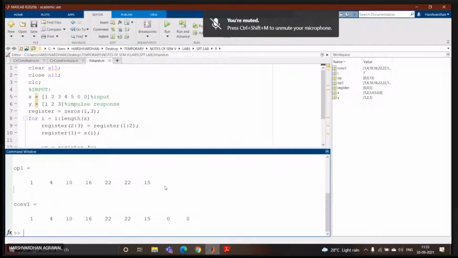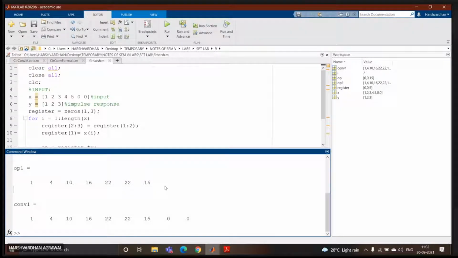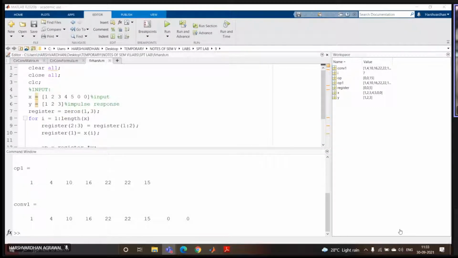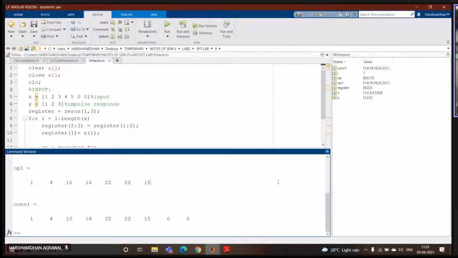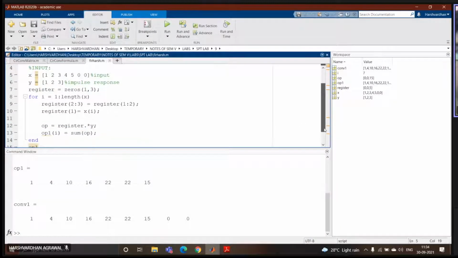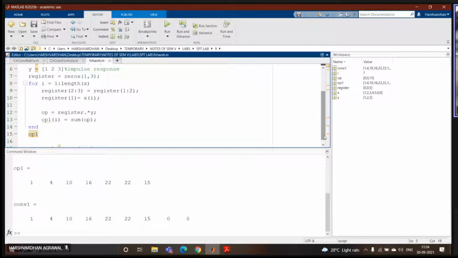Okay. And any LTI system can be thought of as a filter. It is nothing but it is giving you the behavior of the system, behavior of the LTI system. Okay. So suitably, if you choose that H of n, that will work out as a low pass filter. If you suitably choose H of n, that will work as a high pass filter. If you suitably choose H of n, that will work as a band pass filter.